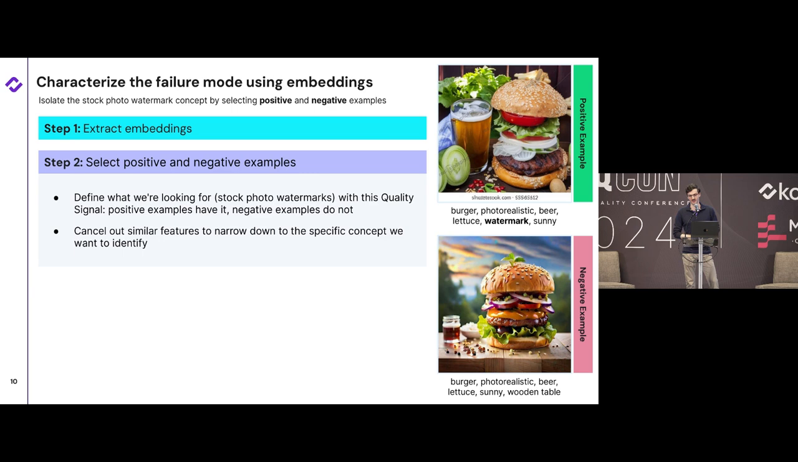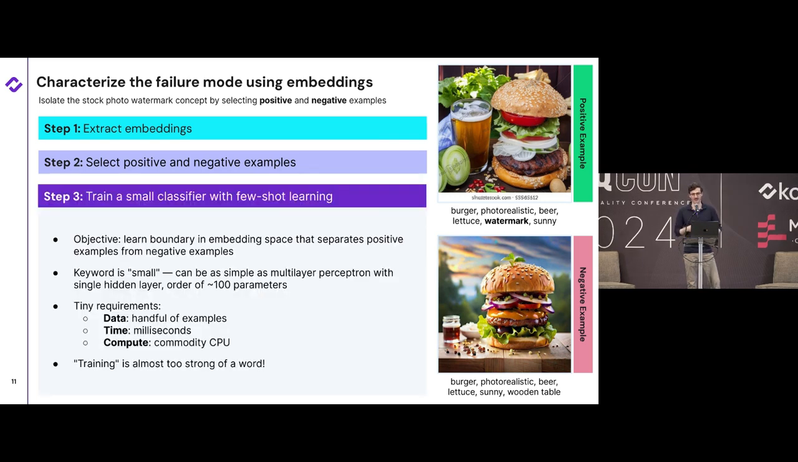Like in this example, we could select this burger on top as a positive example and this burger on the bottom as a negative example, where what we're learning here, we don't mean burgers with this quality signal. We don't mean a nice sunny day. What we're actually looking for is this watermark that is present in this top embedding, but not present in this bottom embedding. So finally, once we've labeled a handful of these images with positive and negative, we can train a